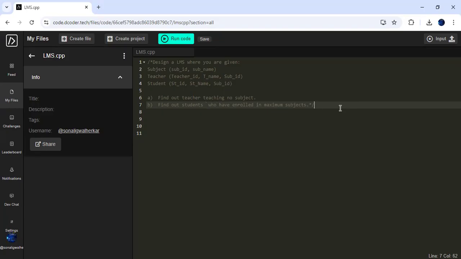Okay. So this is the program you have to create here. So we want to design here an LMS. LMS is Learning Management System. So first of all, as we do here,